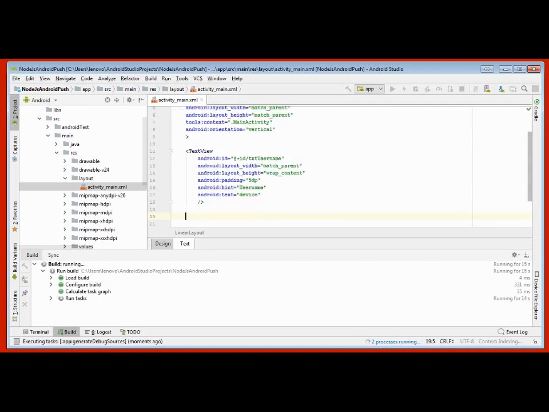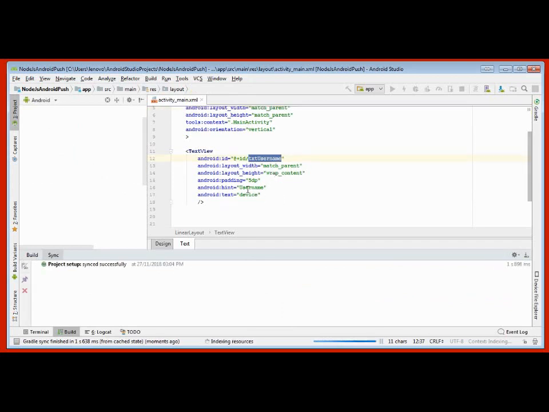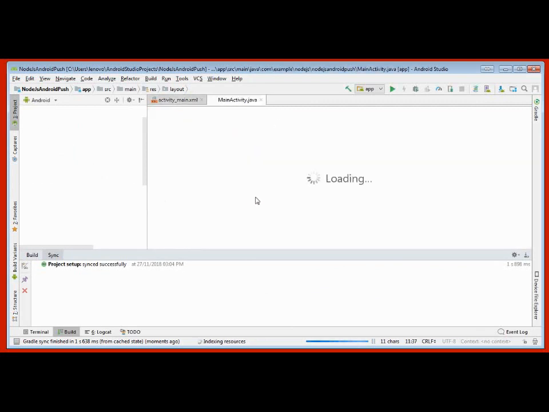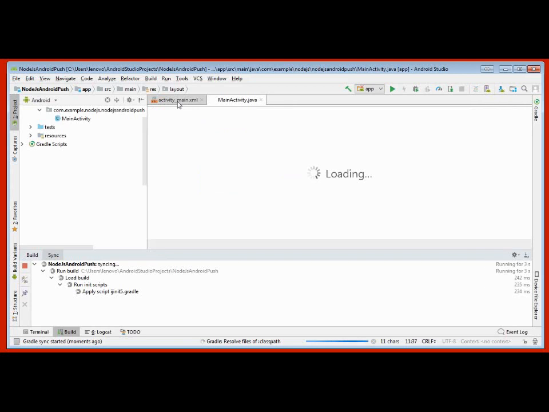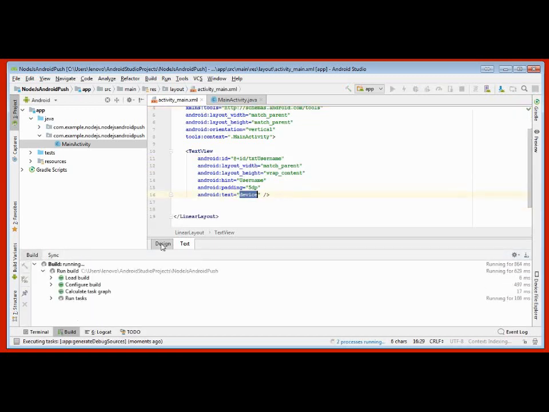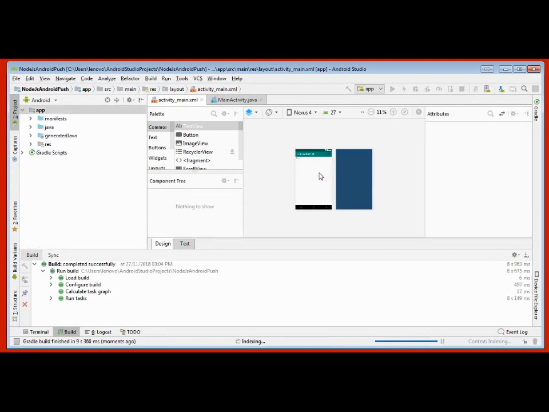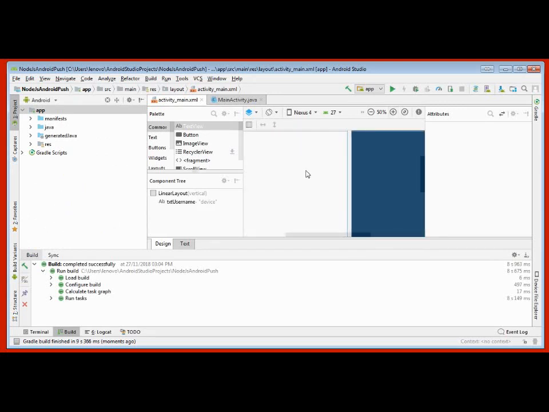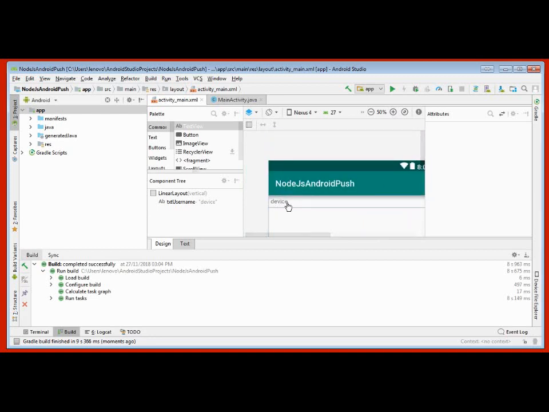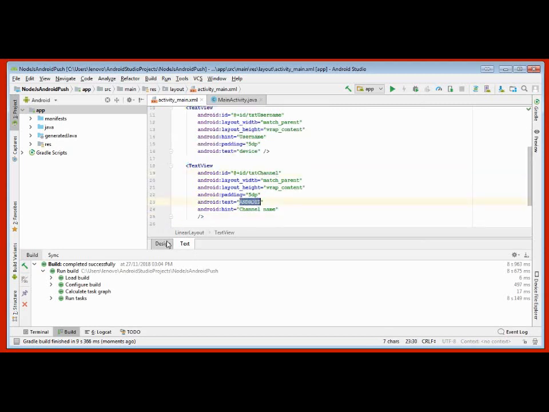Inside, we're going to put two things. First, the username. This is a text box for asking the username you want to use for connecting to the socket. The default value for username is going to be device. Let's wait a little bit for Android to finish loading. In a minute I will have my zoom restored. That's it. Let's zoom in and see the fields I'm asking. First is going to be our username, which is device for this example. This is the username we're going to use for connecting to our server, remember. And the channel is going to be Android,